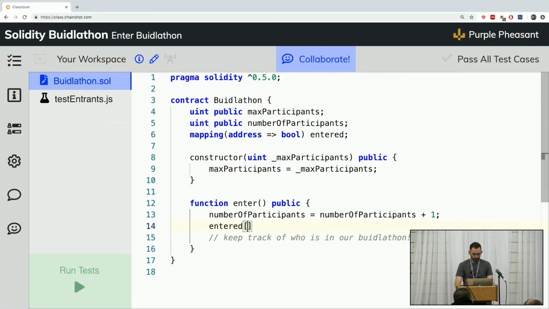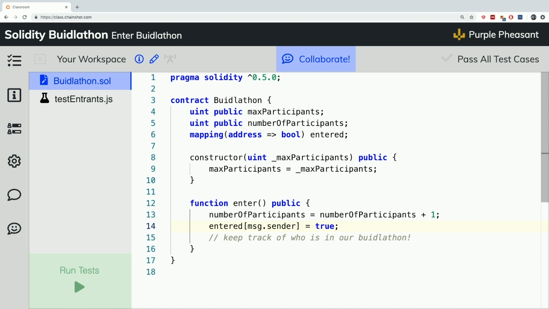So we can say entered[message.sender] is equal to true, and that's keeping track that this person who just called message.sender is the person who called enter. They are now entered into our buildathon. So if we run that,